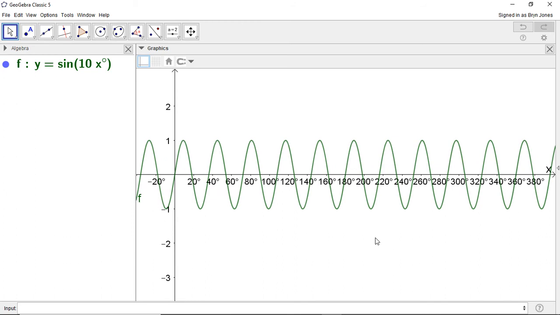That's what we mean by frequency. So I hope that's been clear enough, to give you an idea of what frequency means. It's just how many repetitions in 360. And this is true for cosine as well. So again, if I just make this cos,